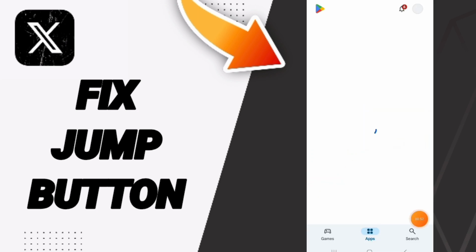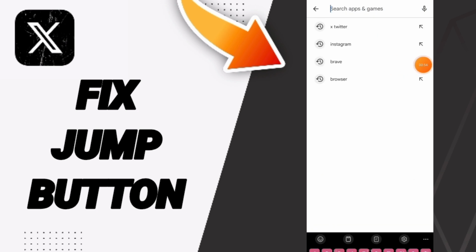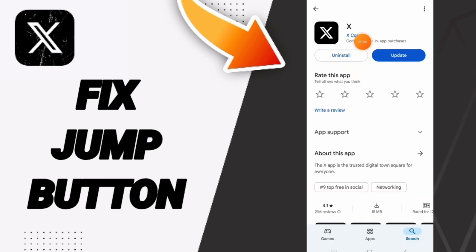Here we go to Play Store. You will search for X Twitter. Then you can uninstall your app and install it again, so please don't forget